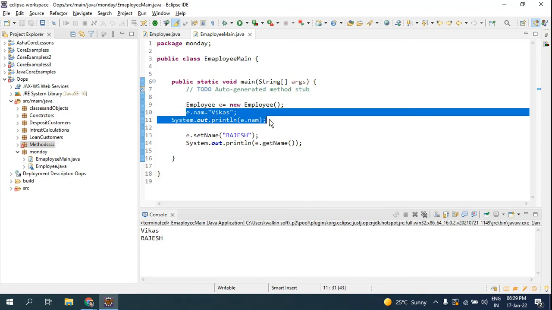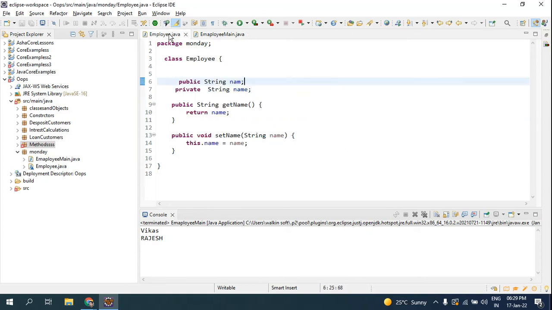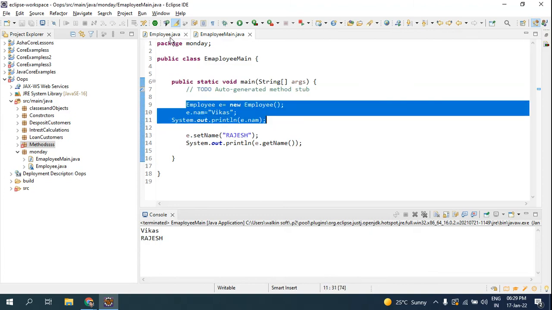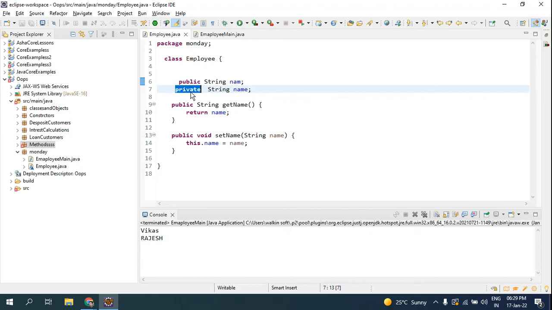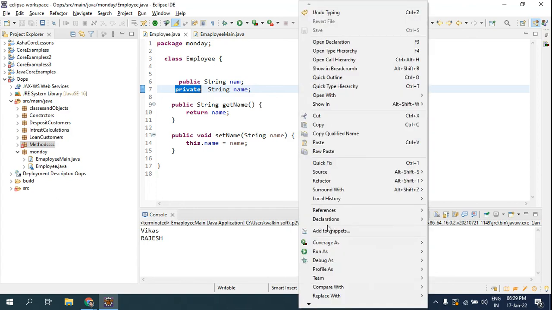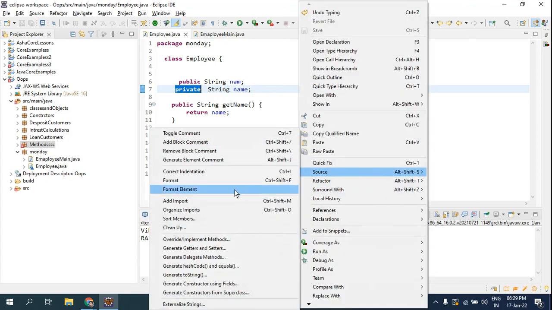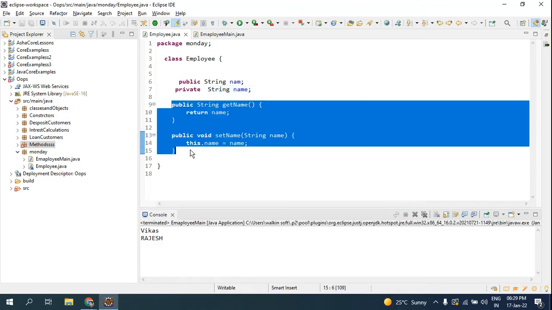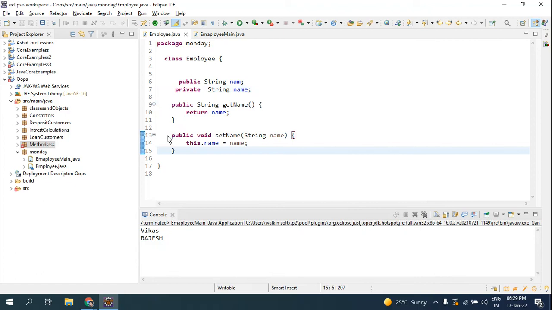So this is a public modifier, look here, public String name, which you can directly use like this to assign values, and this one is private. When you say private, whatever you are going to do should be inside the class. If you want to access it, you right click, Source, Generate Getters and Setters, so that these two methods are given, one to set the value and one to get the value.